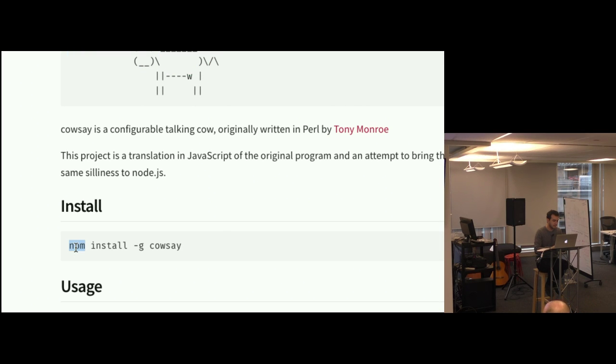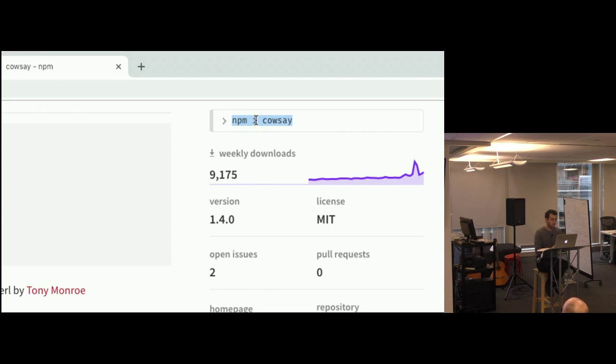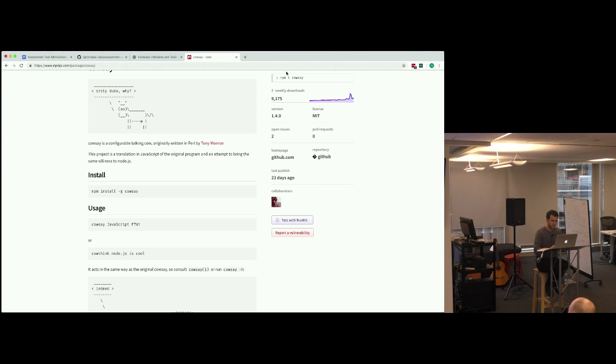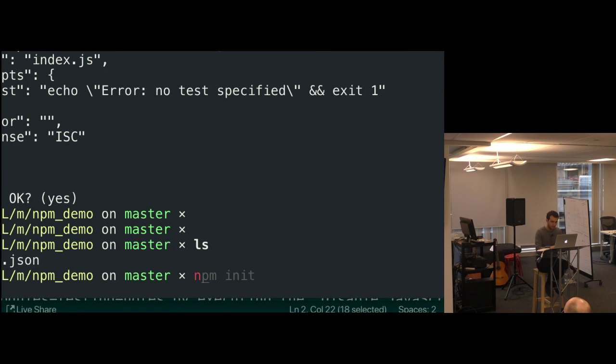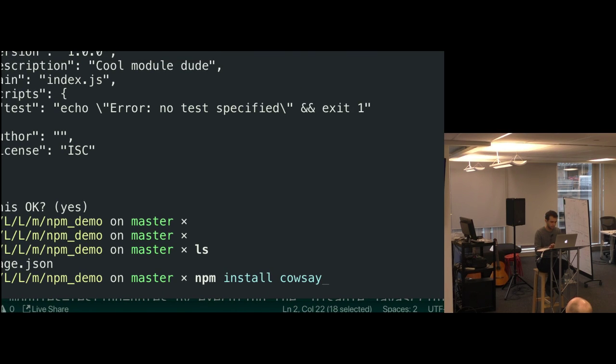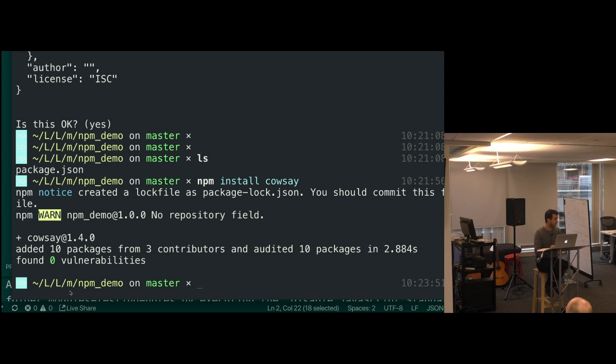Well, we can npm install cowsay. Let's ignore the little -g for now. And I'm going to do it as npm install, or you can just write the letter i, cowsay. It's useful because when you click on that up here, it copies it to your clipboard. Now, when I go to my terminal, if I go npm install cowsay, it's going to take a little minute, and then it'll start downloading all the code for that package that